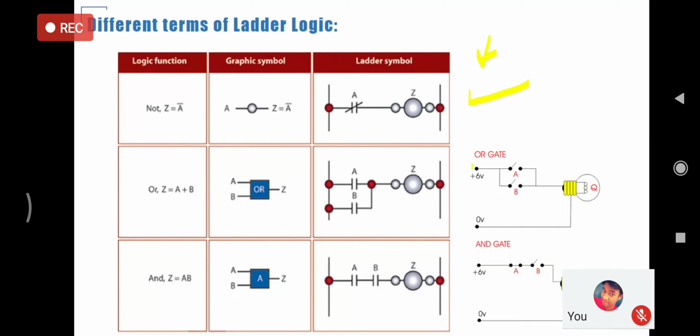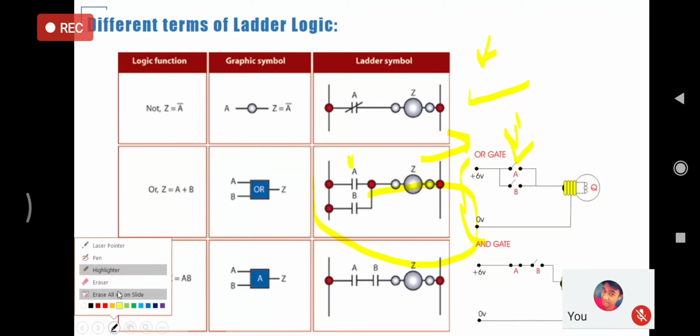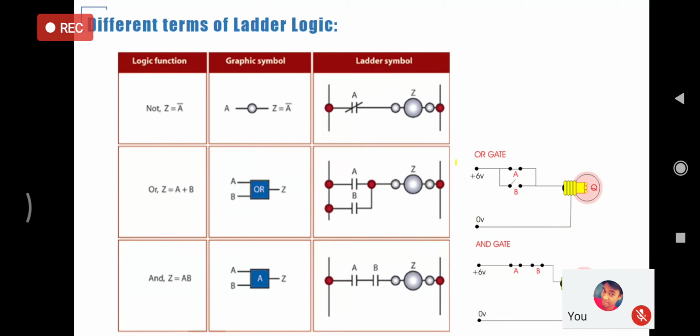Again, the next example can be your OR gate type. This sort of example we can create in the software. So when we go for the field devices, the only thing we need is two switches in the field and one output, and the logic itself can be created in the software. Now if we compare to the hardwired system, suppose we wanted to create this analogy in the field, then how complex it could have become.